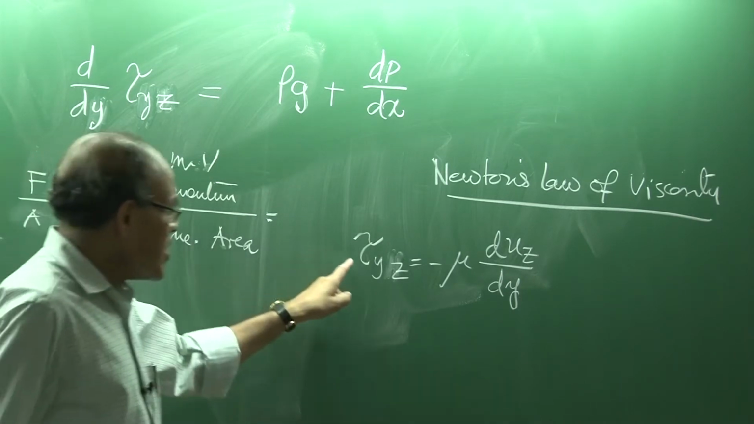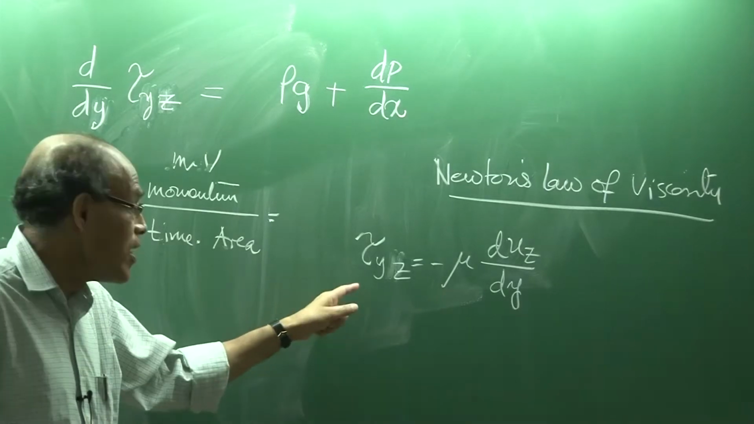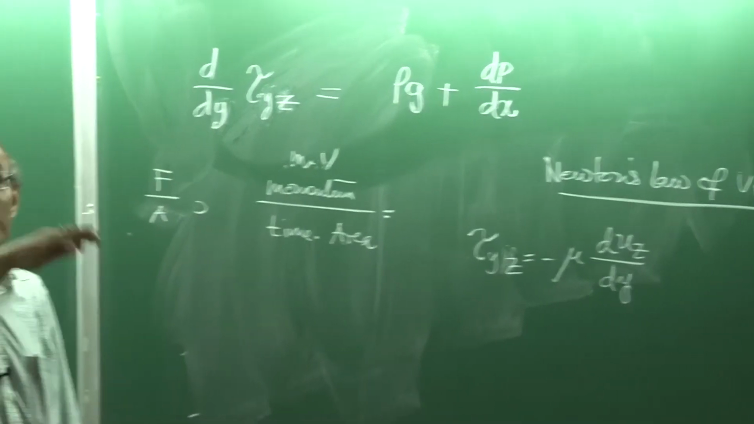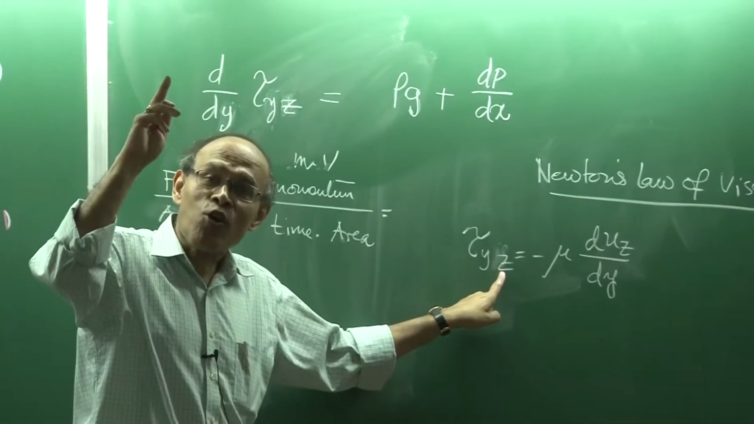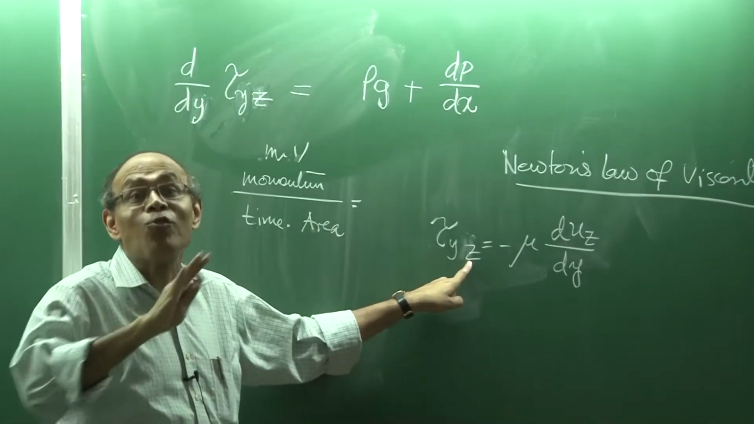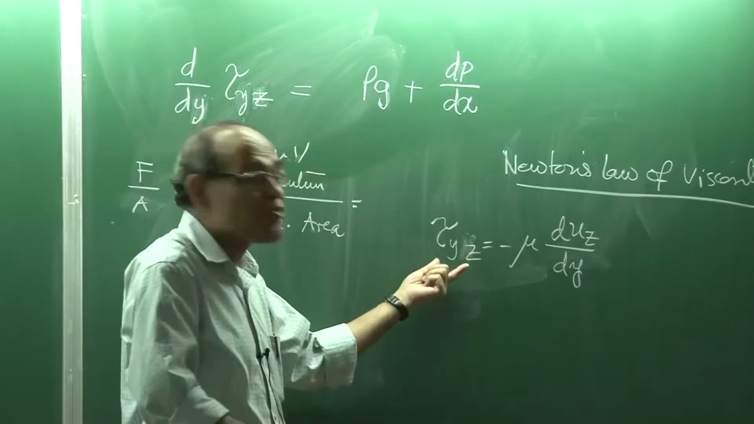Now, this essentially represents, as I said, momentum flux. So, what we are going to see, which momentum is this? This is the z momentum. And in which direction am I talking about the transfer of z momentum? Along the y direction. So, this term is the transport of z momentum along the y direction,